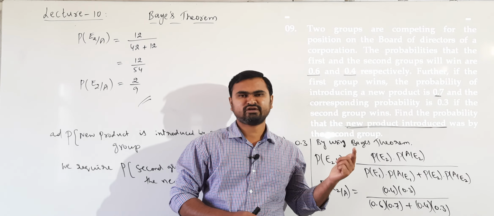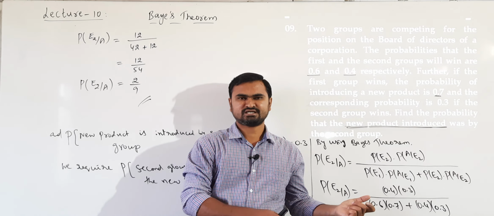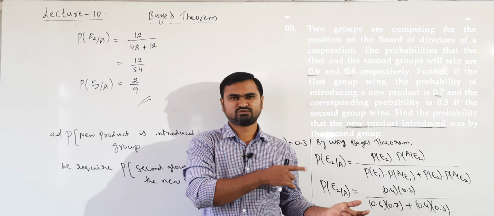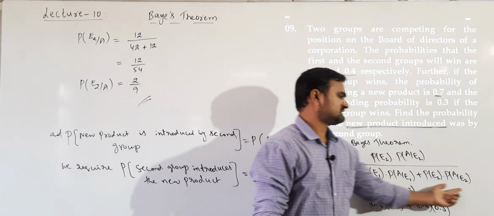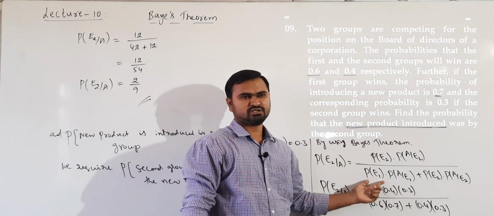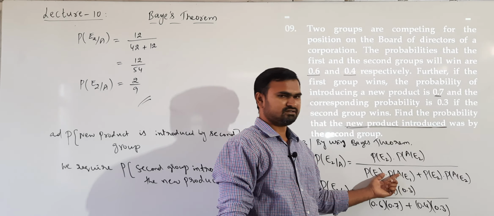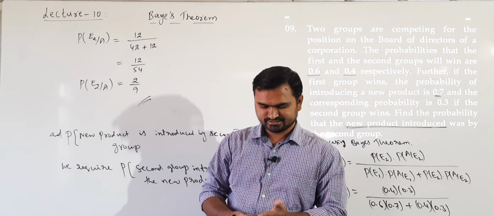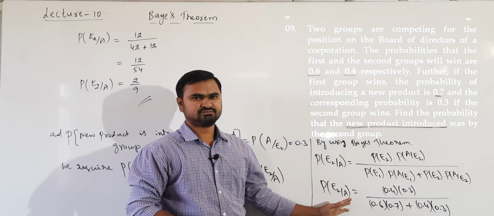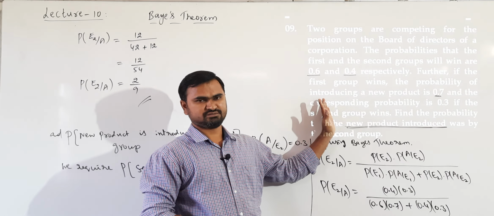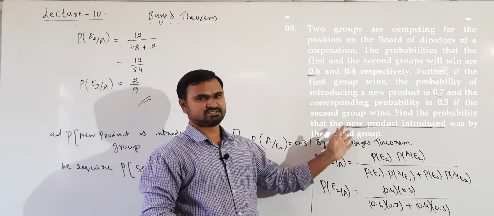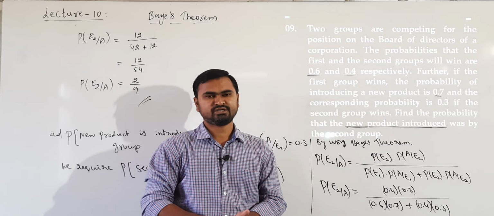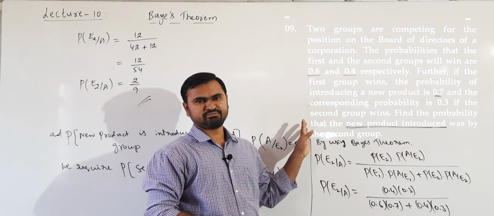After finding these probabilities, now we find the reverse probability. Knowing that event A has already occurred, what is the chance that it is from E1, or what is the chance that it is from E2. So, first we write the denominator, that is the total probability. After writing the total probability, whichever case we need, we write in the numerator. Bayes theorem is very easy to solve once you understand the problem correctly. So, practice more questions, then we can solve these problems very easily. It is an important topic, a compulsory question will be there in the exam based on this.